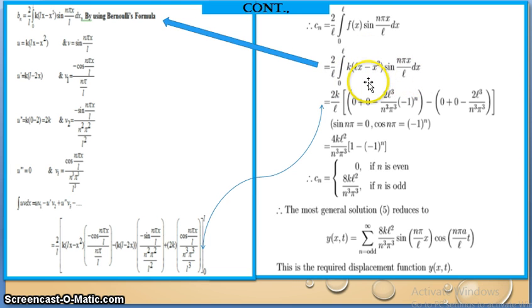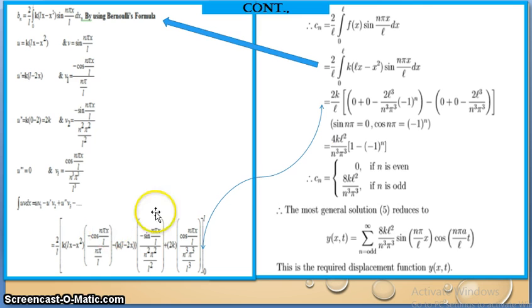By using Bernoulli's formula we can take this one as u, this one as v. I can elaborate here. We already saw this in equation number 3. The same procedure we have to follow to find the solution. Then what is Bernoulli's formula? Integration of uv dx equals u v1 minus u dash v2 plus u double dash v3 minus etc. So applying the values, u v1 minus u dash v2 plus u double dash v3, from 0 to L. We already know the sine function is always 0 when we put the upper limit and lower limit. Then we can write the remaining values as they are.